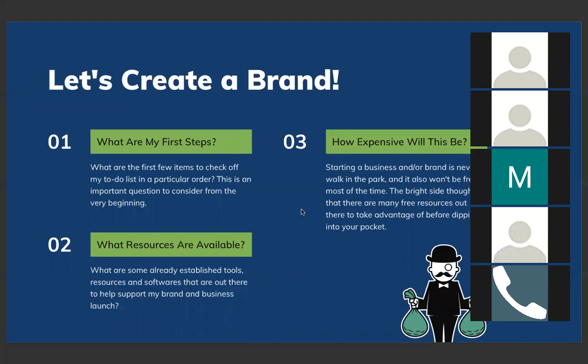Yes, GoDaddy is the number one place you want to go when it comes to creating a brand. So what are the first steps? The first step is to check that your domain is available. The domain acts here, for lack of a better term, as your intellectual property and your handle online that no one can take away from you once it's purchased.